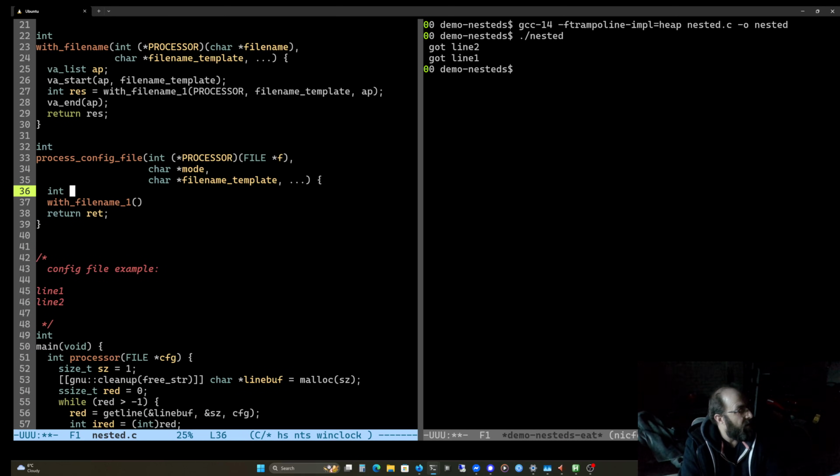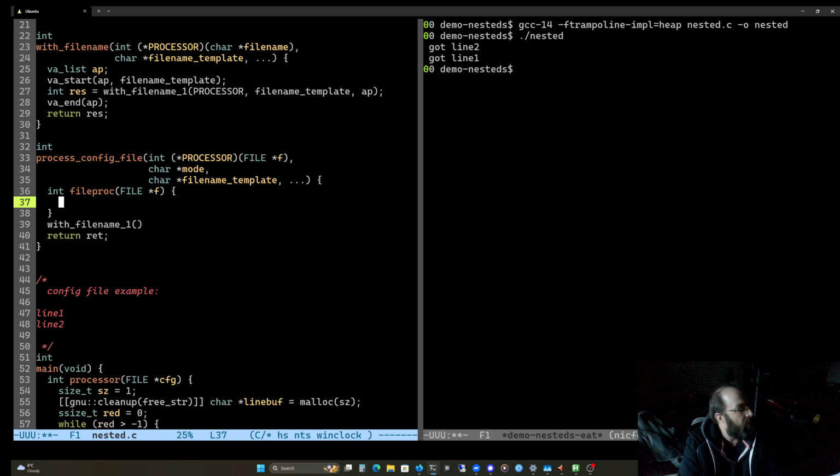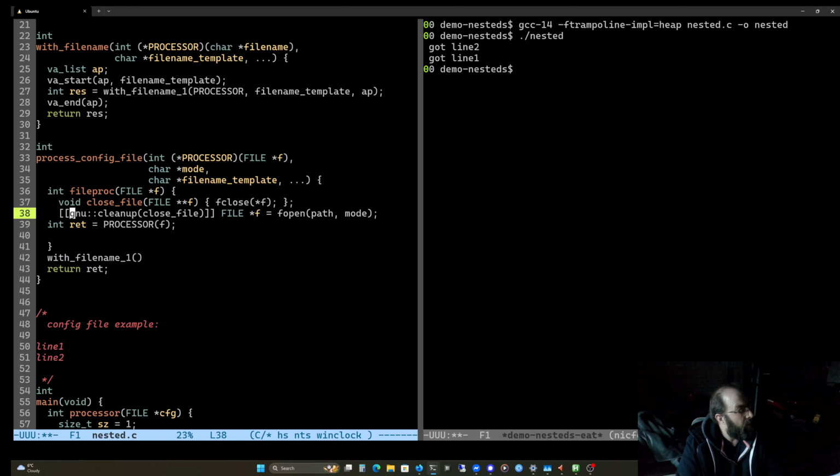So we need file proc, and this is going to take a file. No, it isn't. It's going to take a file name. Sorry.